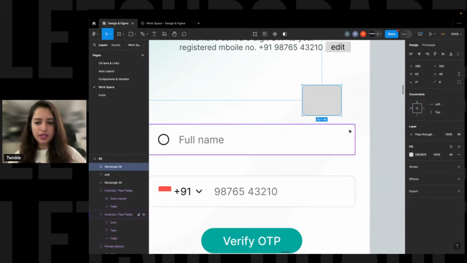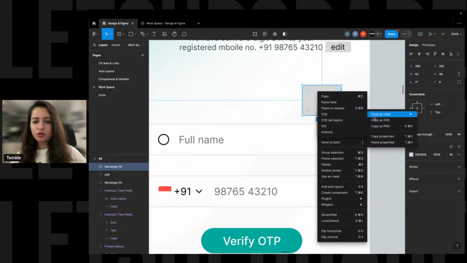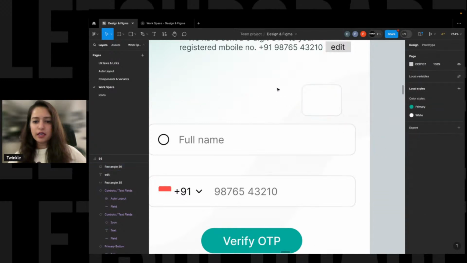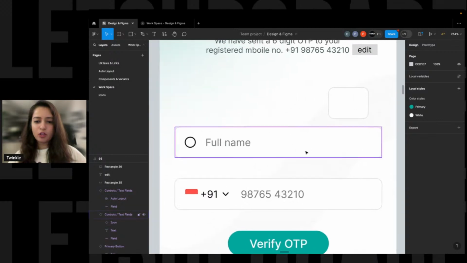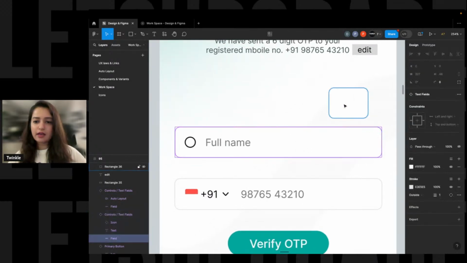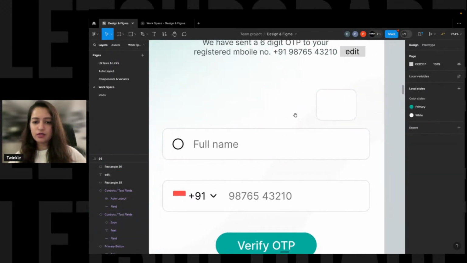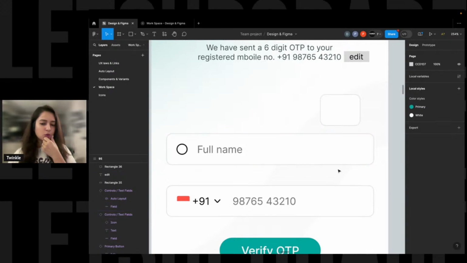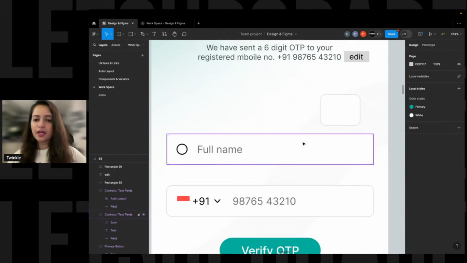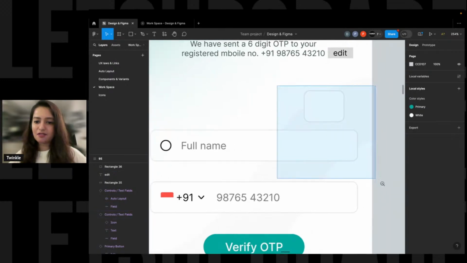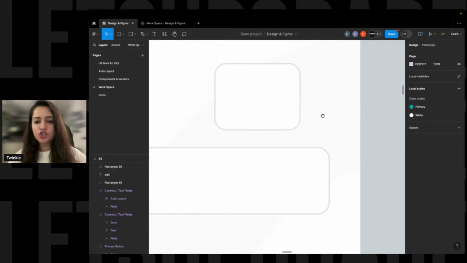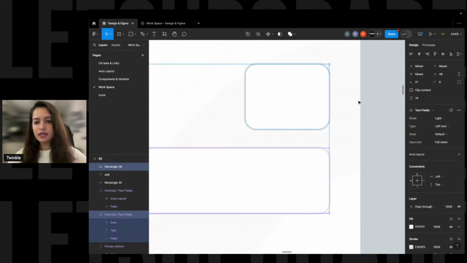What this does is basically all the CSS properties of this element will be copied. And when I select my new layer and go to paste properties, it is going to replicate all the properties this layer has into this. So why is it required? It is required to save time when it comes to checking all the assets and their harmony,